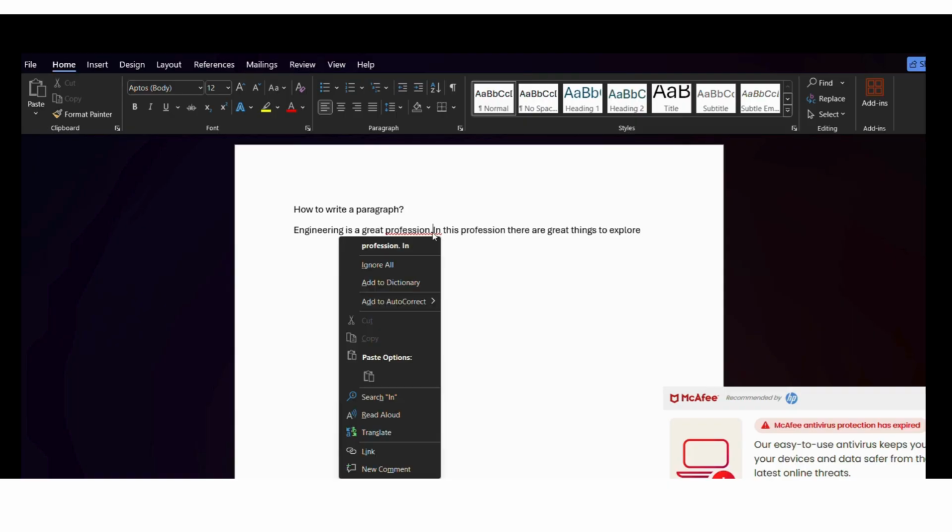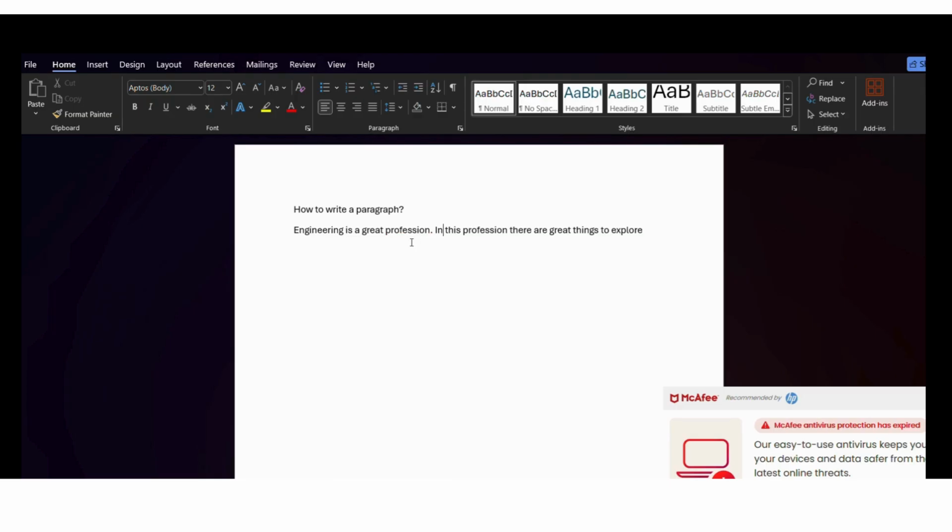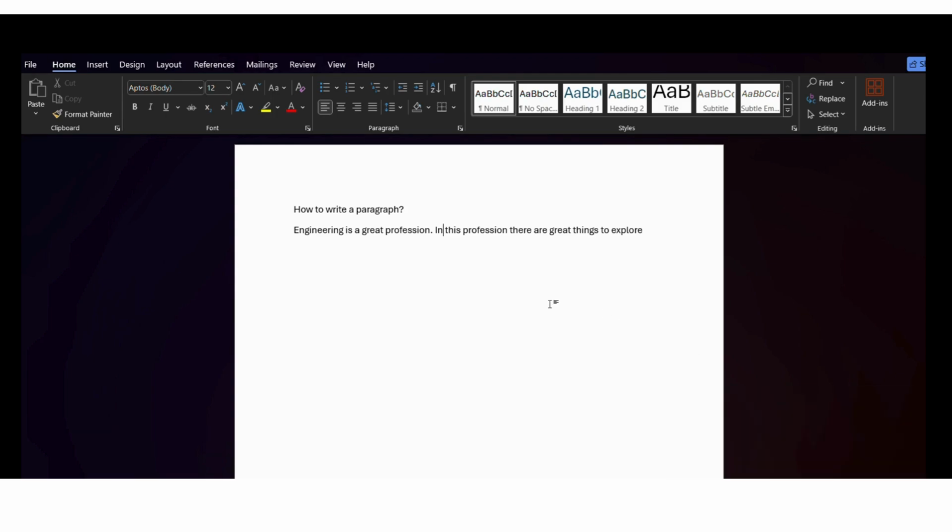You can just bring it back, and if a red line comes, you can just right click on it and see what the issue is, because the red line is telling you that you have to correct something. Like for example, there should be a space between the new sentence and the full stop. So it is the grammar rule of English. Now in this profession there are great things to explore and learn